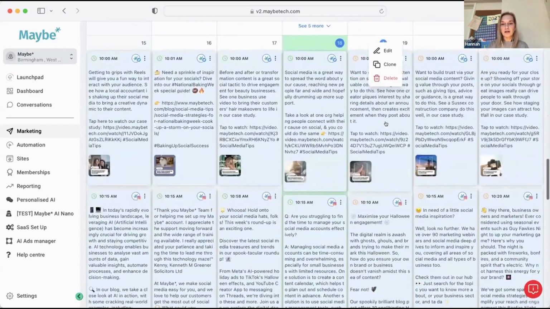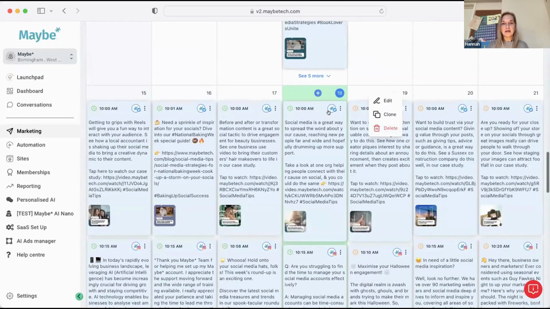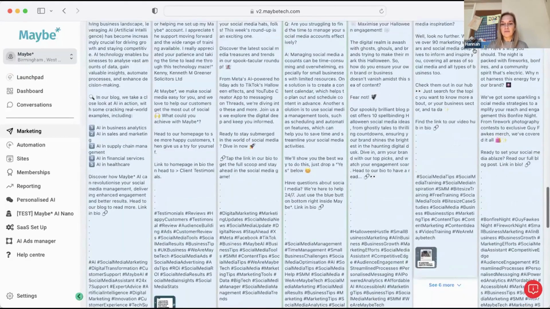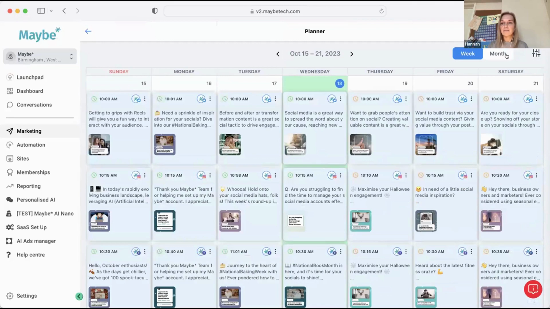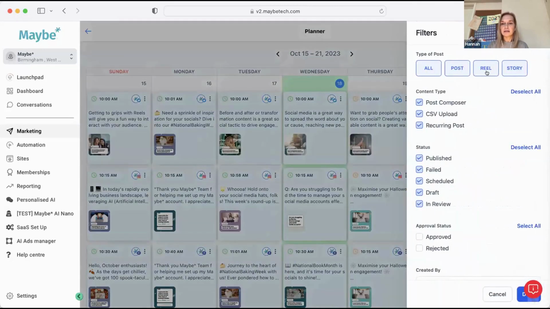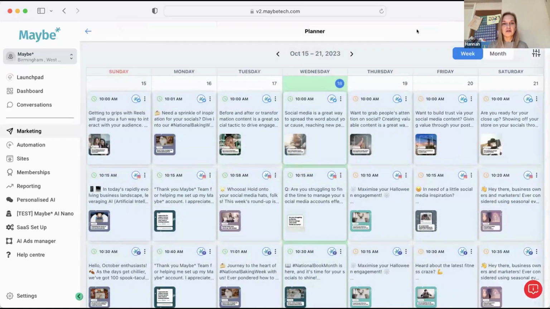But you can see you've got a really nice calendar view. You can see what platform each piece of content is scheduled onto by the icon just here. This is a month view, but you can easily toggle between a week and a month by using that just there. And then you have filters just here, if you want to see just posts of a different type, so just posts that you've got drafted, etc. You can use these filters to change the view of which posts you see.